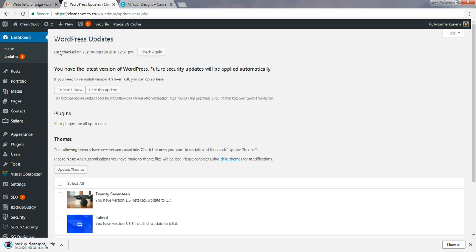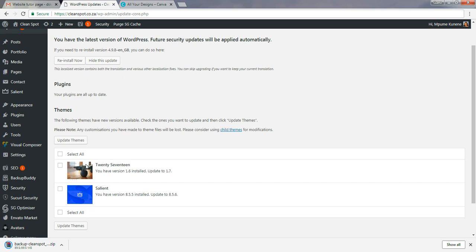Now there's another couple of updates that we're supposed to make, and that is to the themes. The theme is what gives it an extra bit of functionality, and it also makes the website look a certain way. So to get to those updates, you'll click this little icon here, or you could go to this one, and you can see here that it's taken you to this page. So I actually recommend that you don't update the WordPress themes because it can cause breakages, and rather maybe once a year you can let me know and I can do